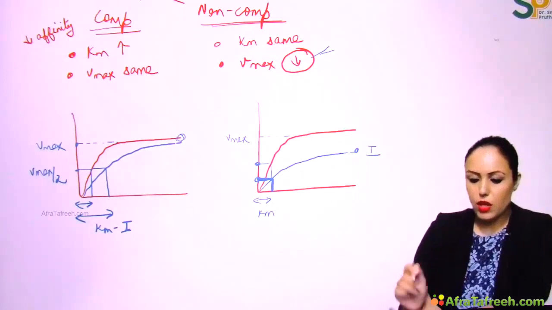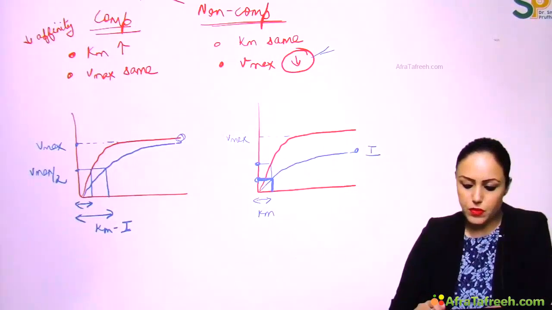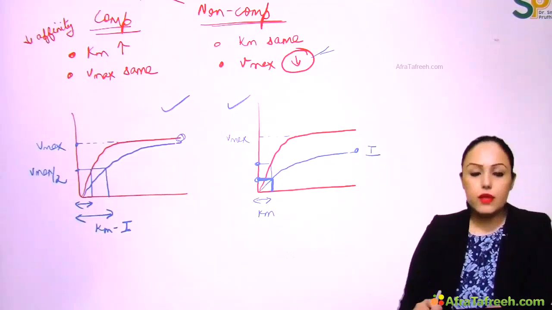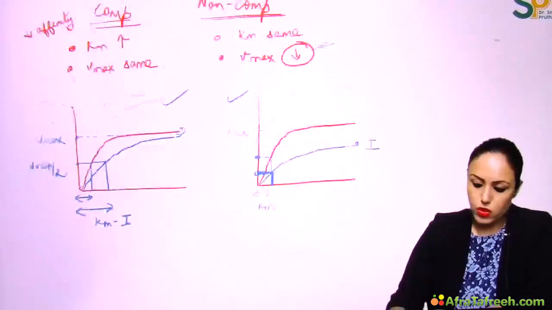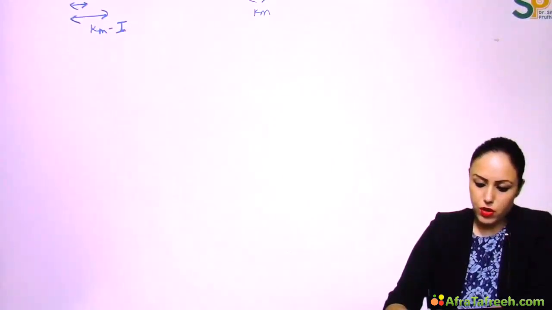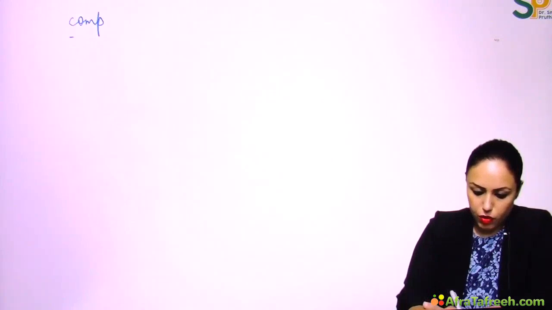Okay, Km is same. So this is the graph for non-competitive inhibitor. So here I have done the rectangular hyperbola graphs. Let's do double reciprocal graph also. In case of competitive inhibition,